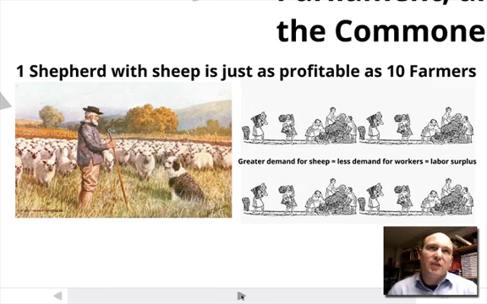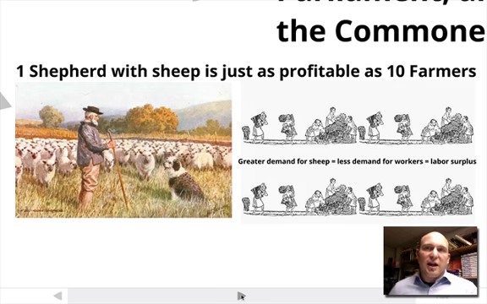And this occurred as a result of the Black Plague. The Black Plague took away a lot of the laborers. There weren't as many farmers for the nobility to use, and they needed a stable source of income. And they started shepherding. They started raising sheep. But as the population came back to its natural levels, those people had no place to go. Okay, the nobility were making plenty of money, if not more money, raising sheep, and they didn't need farmers